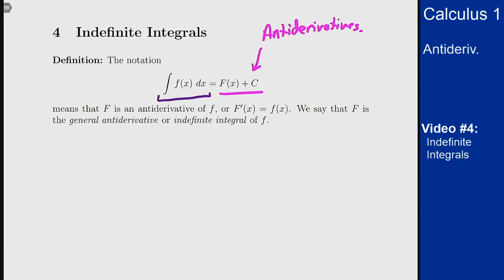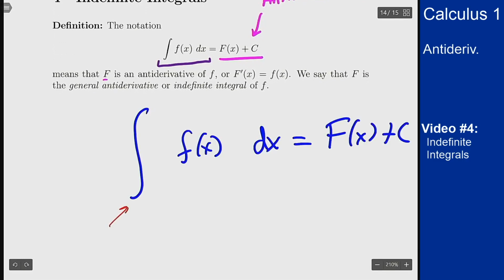This notation here means that this big F is some antiderivative for little f, or big F prime is little f, like we had before. And this is the general antiderivative, indefinite integral. All these words sort of come together to talk about this object here. So in terms of the notation that we have,